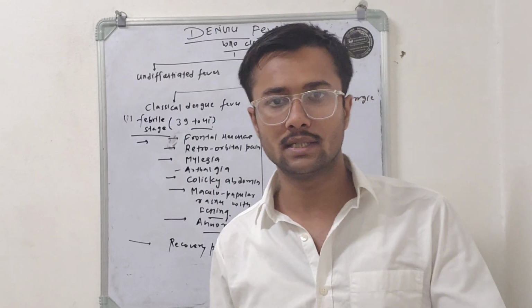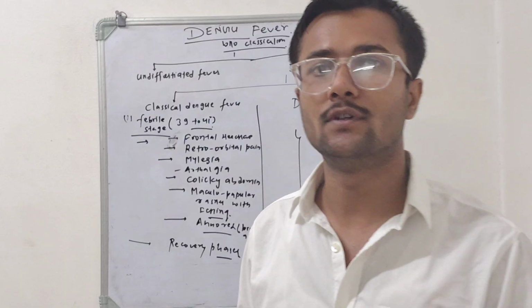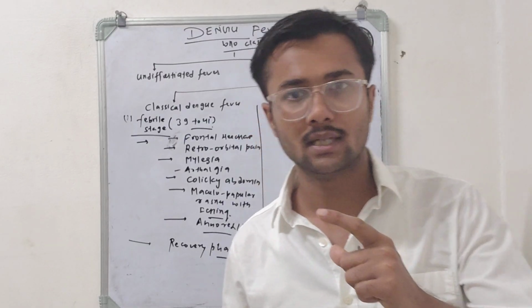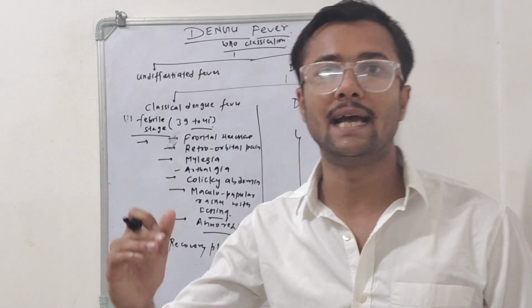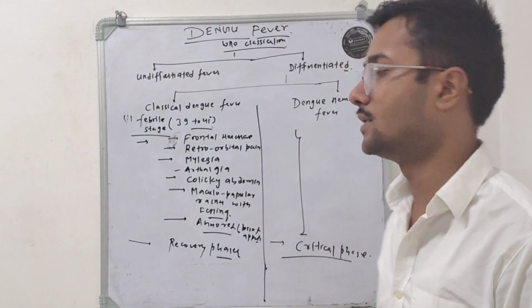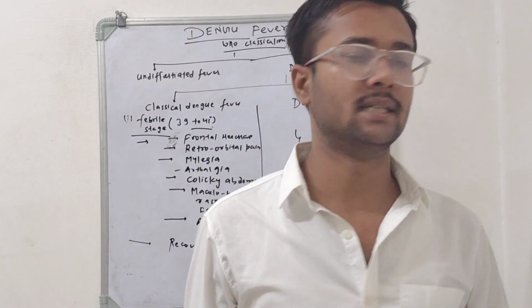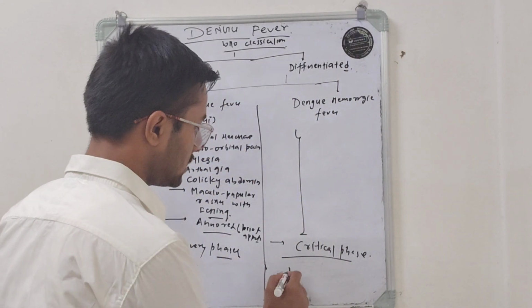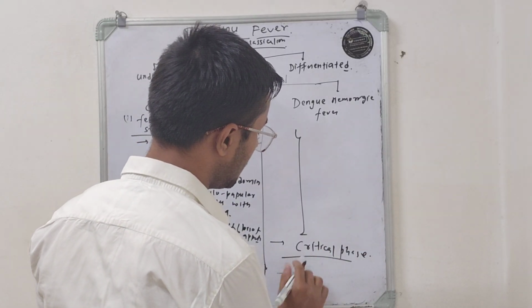Due to this severe damage of the vascular endothelial tissue, vascular permeability increases. If vascular permeability increases, that leads to severe loss of plasma fluids. I mean, they have a severe plasma leakage. So in the critical phase, the patient has a significant plasma leakage,